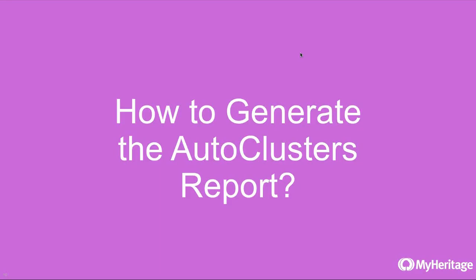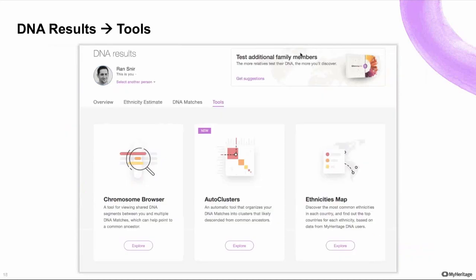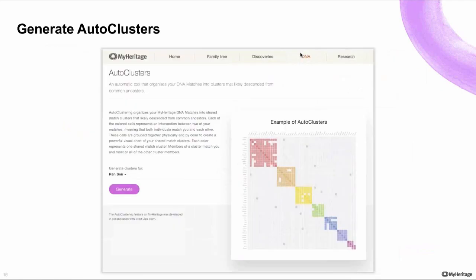So how do you generate the AutoClusters report? It's a pretty easy process. When you go to your DNA results on MyHeritage, you'll see that we've recently added a new Tools option, the fourth option next to DNA Matches. Once you click on that, you'll see the three tools that we currently have on the website: the chromosome browser, which we launched about a year ago, as Jeff mentioned earlier, and the new AutoClusters right there in the middle. So you hit the Explore button, and you will get to a page that gives you general